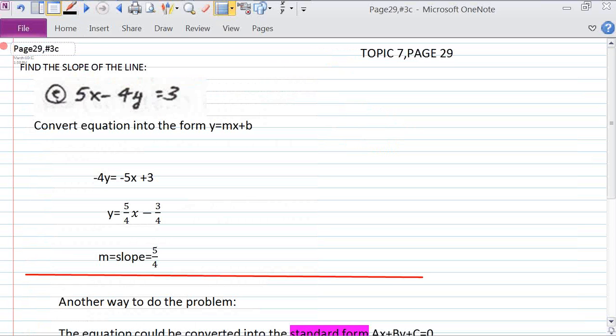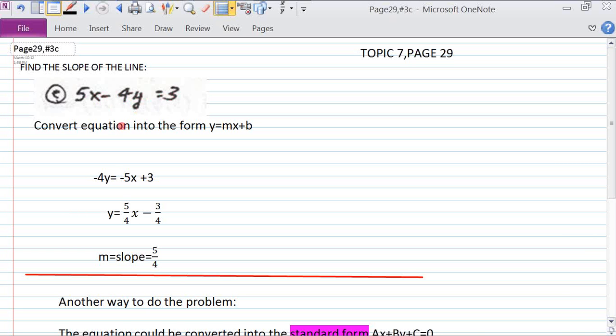So starting with page 29, number 3C, we're asked to find the slope of the line. And we're going to convert this equation into the form y equals mx plus b. We're going to rewrite it so it's in this form. And the reason we do this is because we want the value of m. M will tell us the value of the slope, and here we do not have y in the form y